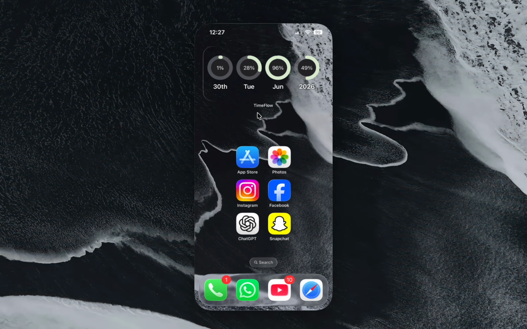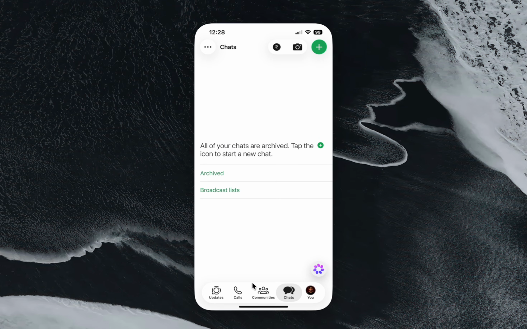WhatsApp has recently introduced WhatsApp username, and if you got this update and you have set your username and now you want to edit it, in this video I'm going to show you how you can edit your username on WhatsApp. So first open WhatsApp on your iPhone or Android, and if you're using an iPhone then go to You tab,